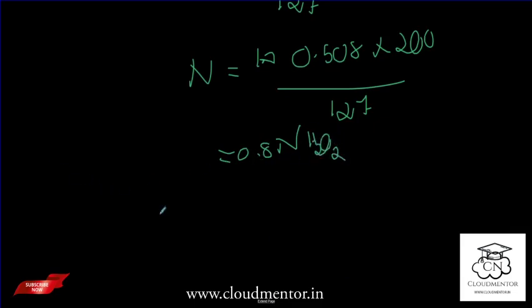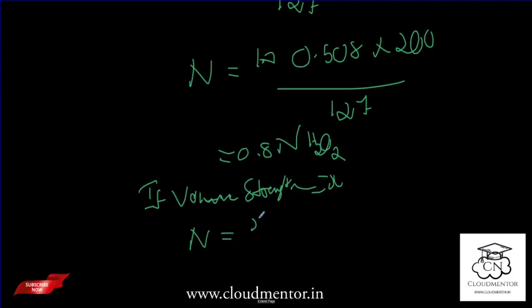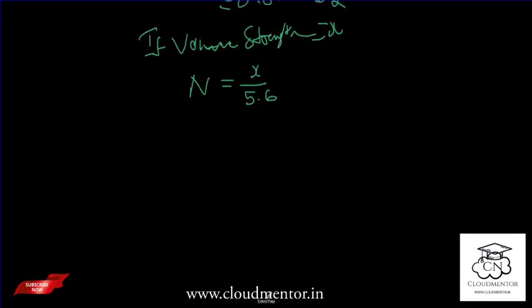Okay, and we need to find the volume strength, right? So if the volume strength is x, then normality, we know, is the volume strength x divided by 5.6. We got that from the previous slide. I have taught that. And x by 5.6, so